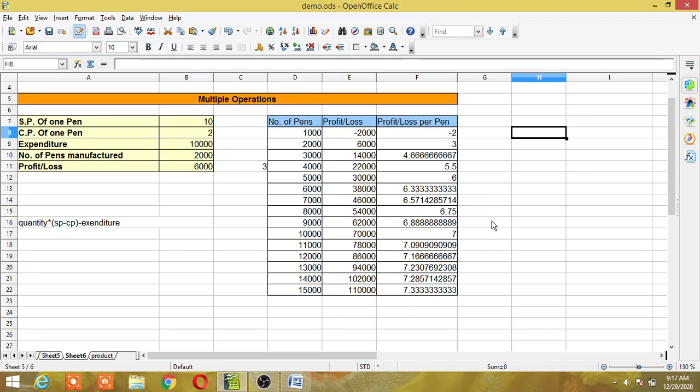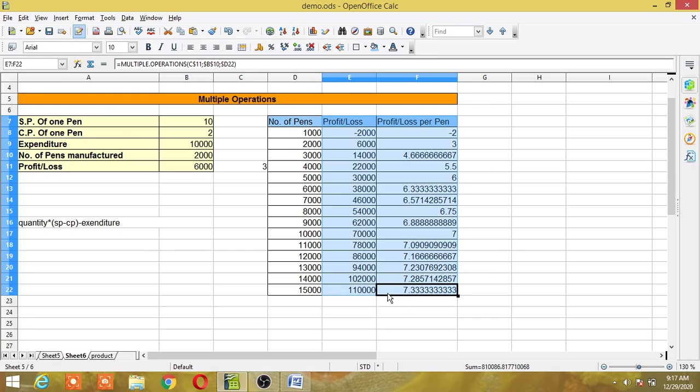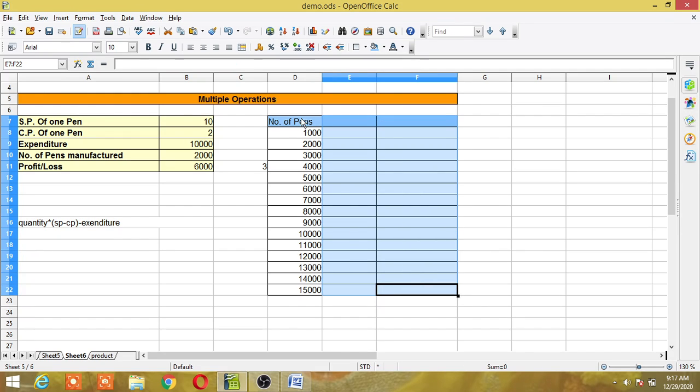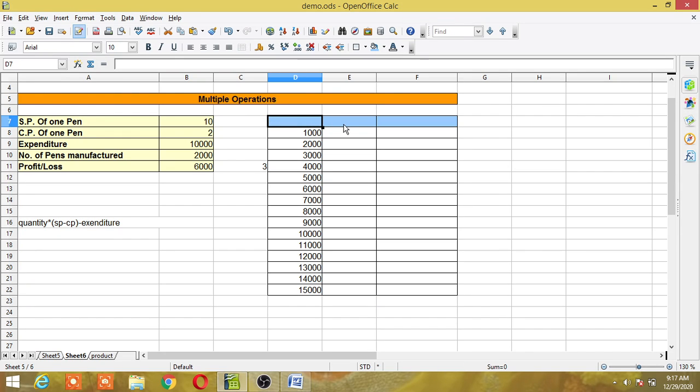Now let us use multiple operations for two variables. Two variables, that means for column input also and for row input also. For this, let me clear this. I will select it and backspace and the number of pens. So